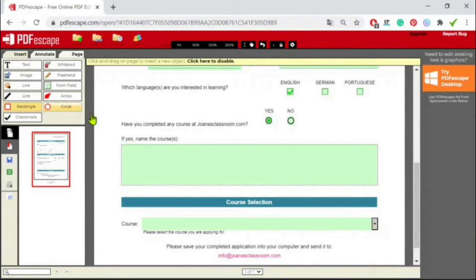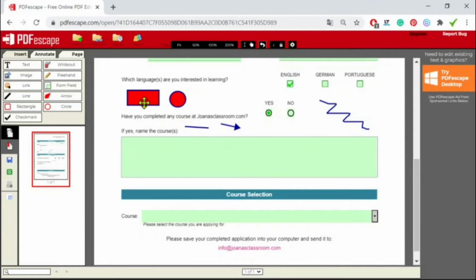You can draw shapes. Here's a rectangle. You can draw a circle or an oval shape. You can draw lines and arrows, and you can also use the freehand tool to write freely. These are all editable shapes or boxes or tools. So if you click on one of them, most things you can do will appear here at the top.